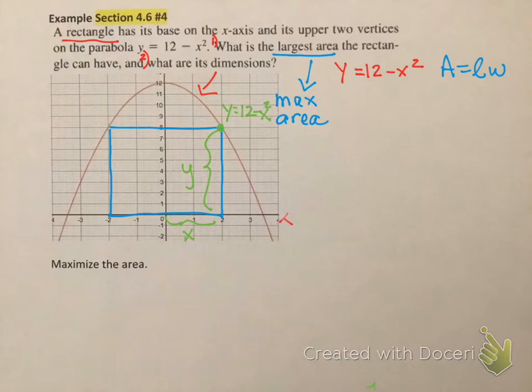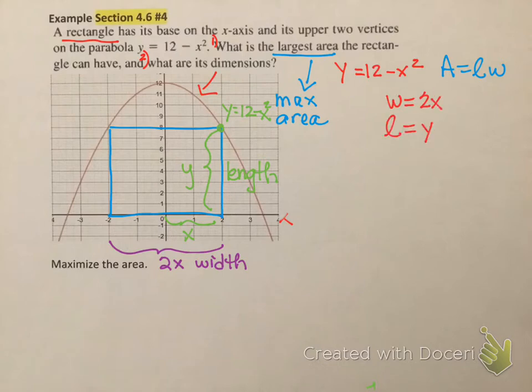That means that this distance right here is 2x. This would be my width, and this would be my length. So if my width is 2x and my length is y,